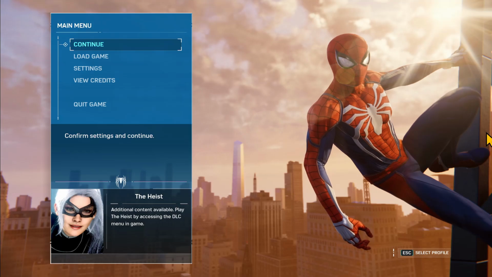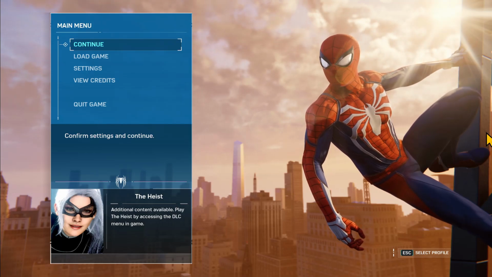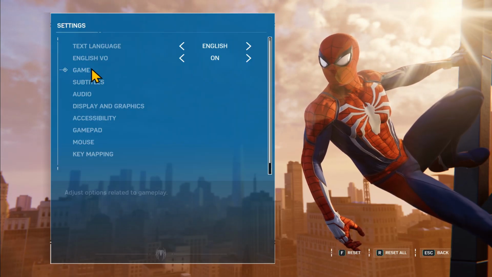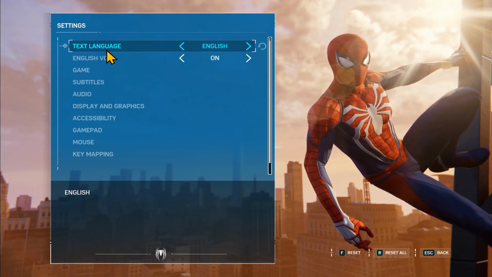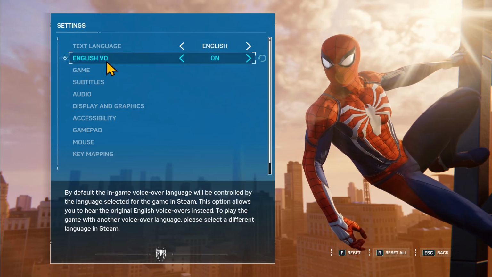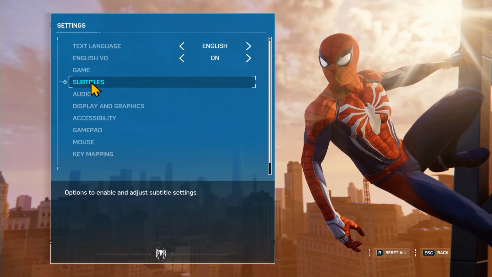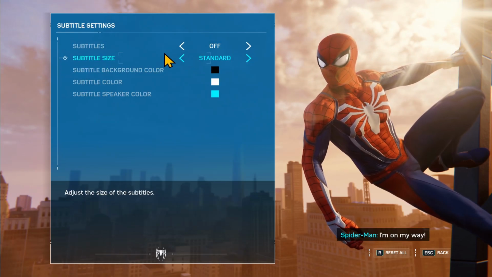First of all, open up the Spider-Man game on your device, and once you are inside the main menu, go ahead and click on Settings. Now within the Settings page, you will see the text language at the top, but this will not make any change to your subtitles. So go underneath the Games option and click on Subtitles, and now you can choose to